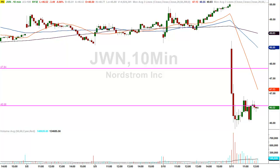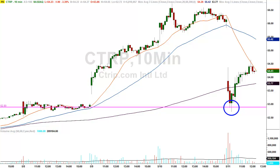However, let's take a look at C-Trip and see how we make up for some losses and still come out with a positive gain or profit for the day. You see, sometimes when we lose, we still win. And as you can see with C-Trip, we had a level of $52.89. The stock came into that level, pierced through it by just a few cents, and then took off to